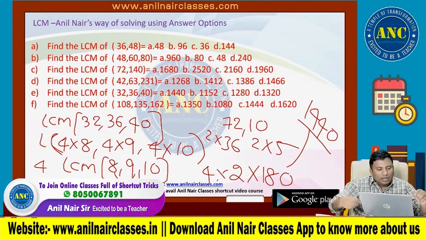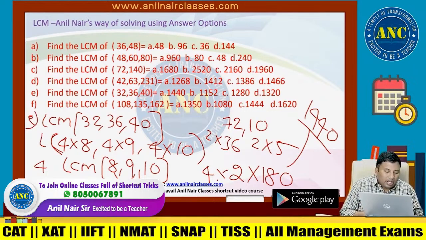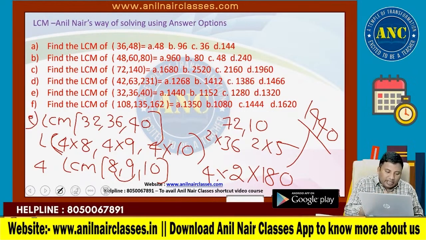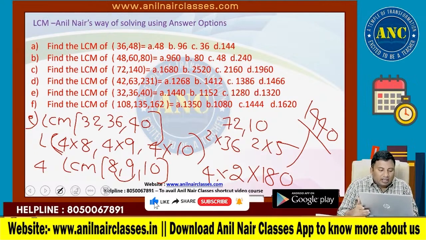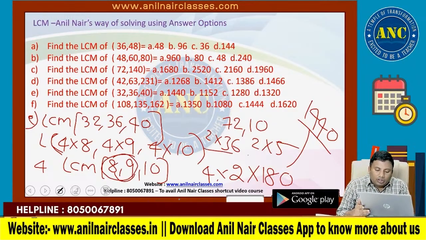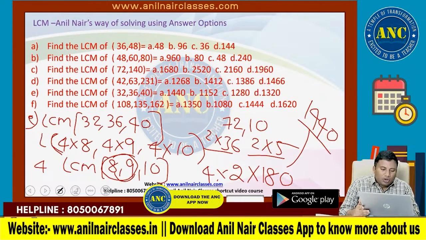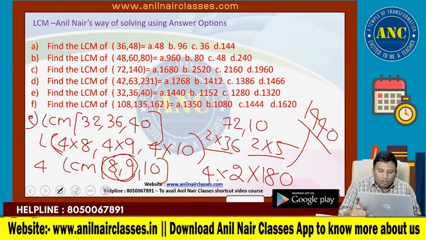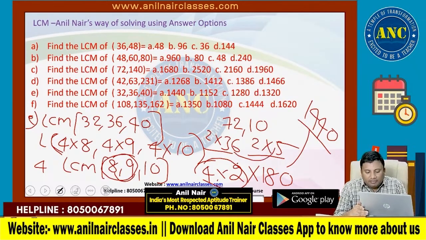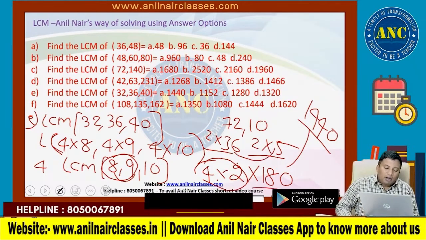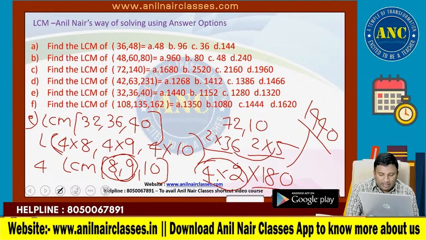I hope E is clear. 4 into 8, 4 into 9, 4 into 10. 4 is taken out. 8, 9 and 10. 8 and 9 are consecutive, so LCM is 72. 72 and 10: 2 into 36, 2 into 5. 2 is taken out. 4 2s are 8. 36 and 5 are co-primes. LCM of co-primes is their product, 180. 8 into 180 is 1440. I hope the idea